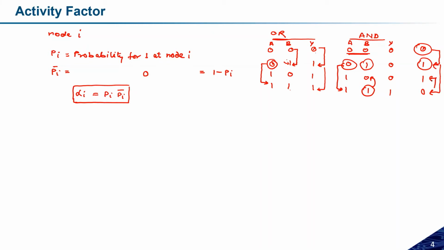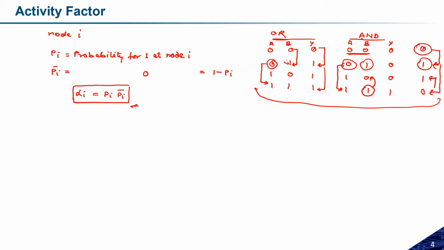So this is all about the activity factor. Now, coming to the algorithm part: it is the probability for switching of the output, right? Not of the input. Whatever I'm discussing here, I'm giving the output one, even though there is some activity factor on the input side. If I have a two-input OR gate, AND gate, and XOR gate, the activity factor at the inputs is the same. There is no change in the activity factor. But the switching probability at the output depends on the logic. I will discuss the switching probability just after this.